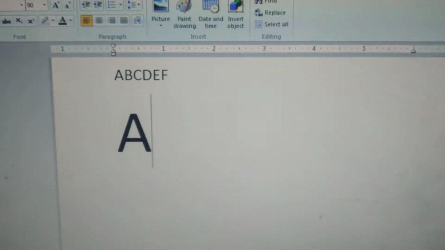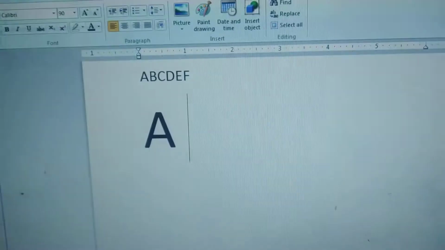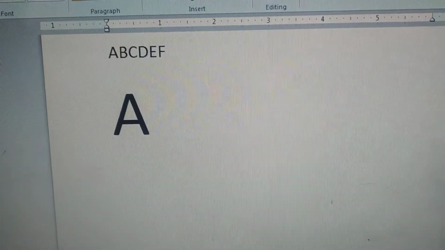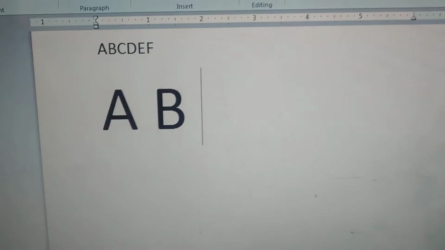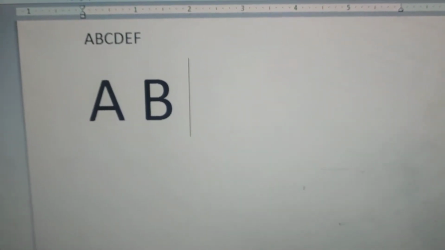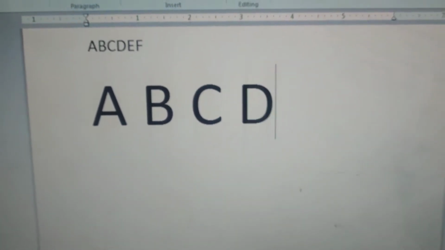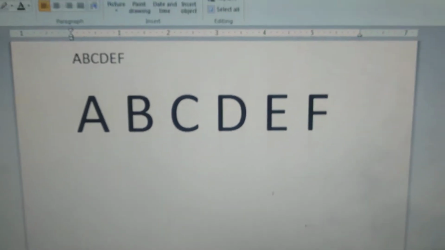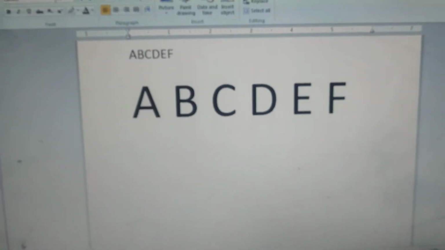See, A. Now I want to give space, then I will press this space bar. Then there will be space. Then press B, then space bar, C, space, D, space, E, space, F. Like this you have to use the space bar.